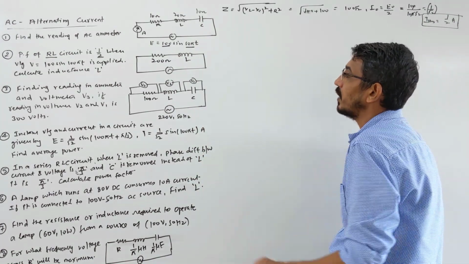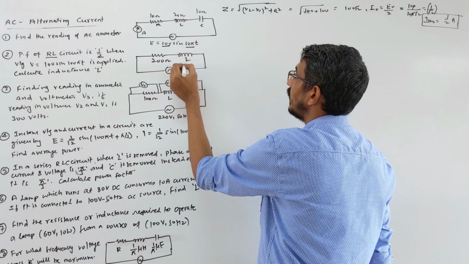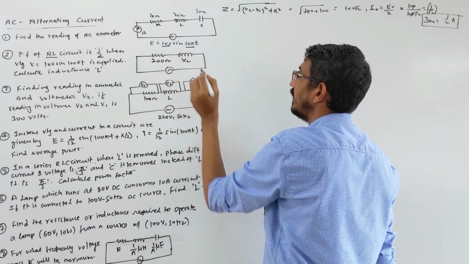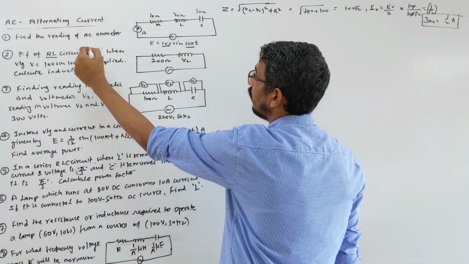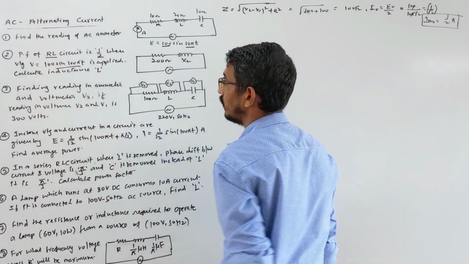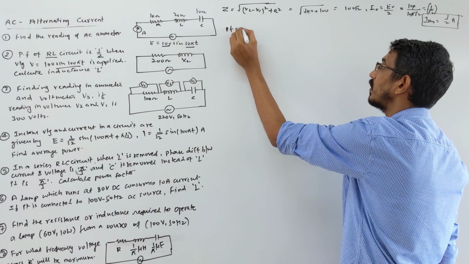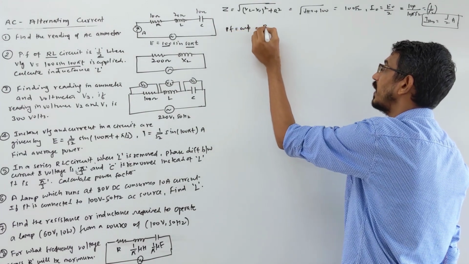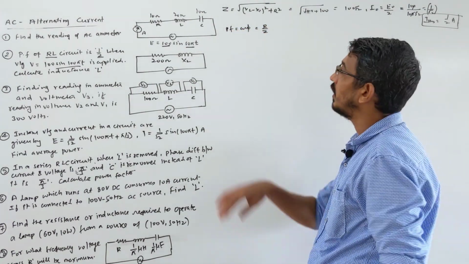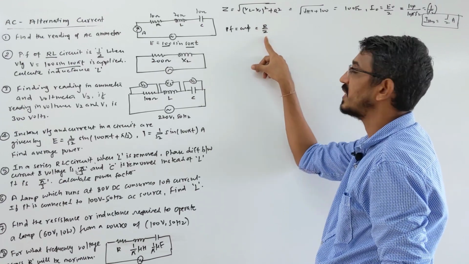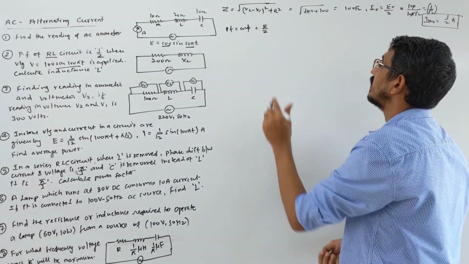Resistance is given, inductance we need. So we have to calculate XL first here. And what is given? The power factor is given, and the voltage supplied is given to you. Keep in mind, what is the use of power factor? Power factor is cos phi; you can find the phase difference, or you can find R by Z. Look here. R is given to you, the power factor is given, so you can find Z, the impedance.